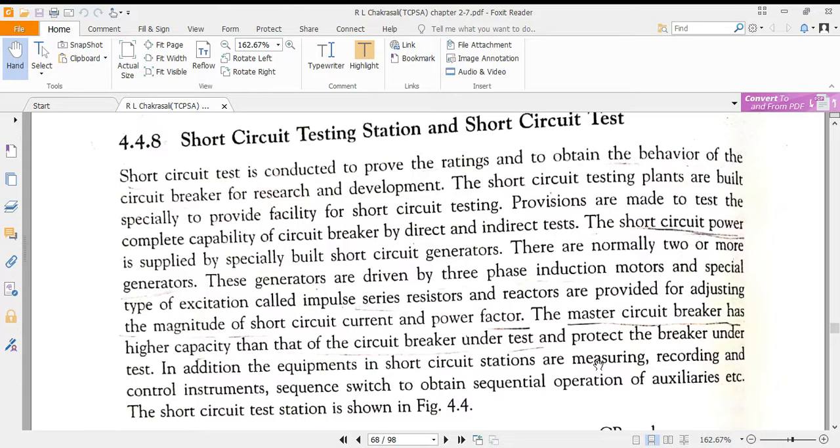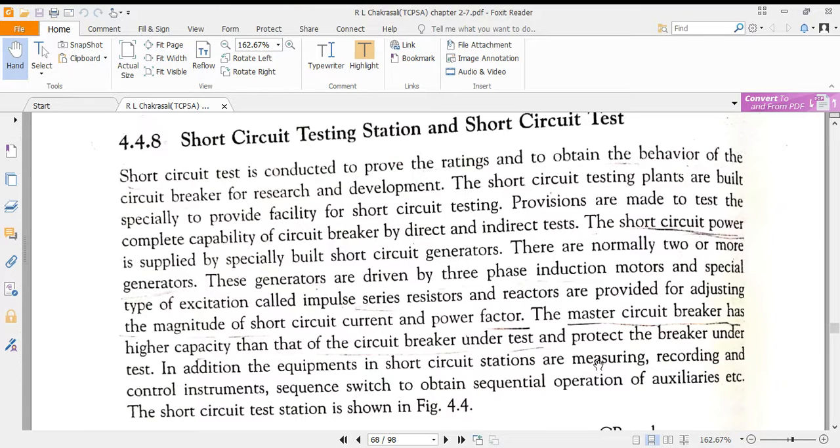The purpose of this short circuit test is to prove the ratings of the circuit breaker and to also know the behavior of the circuit breaker during R&D. Because while designing it, while developing it,